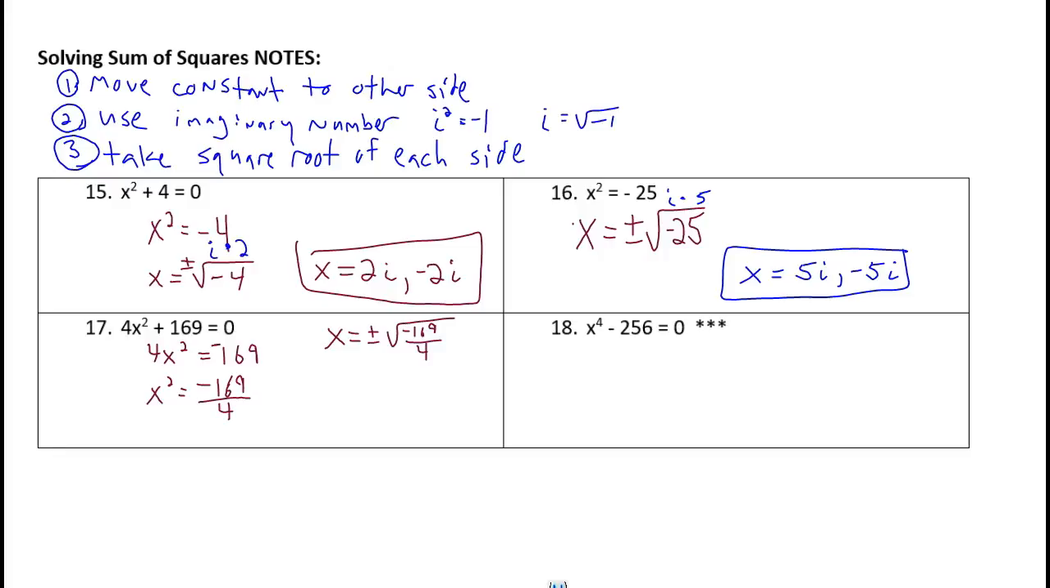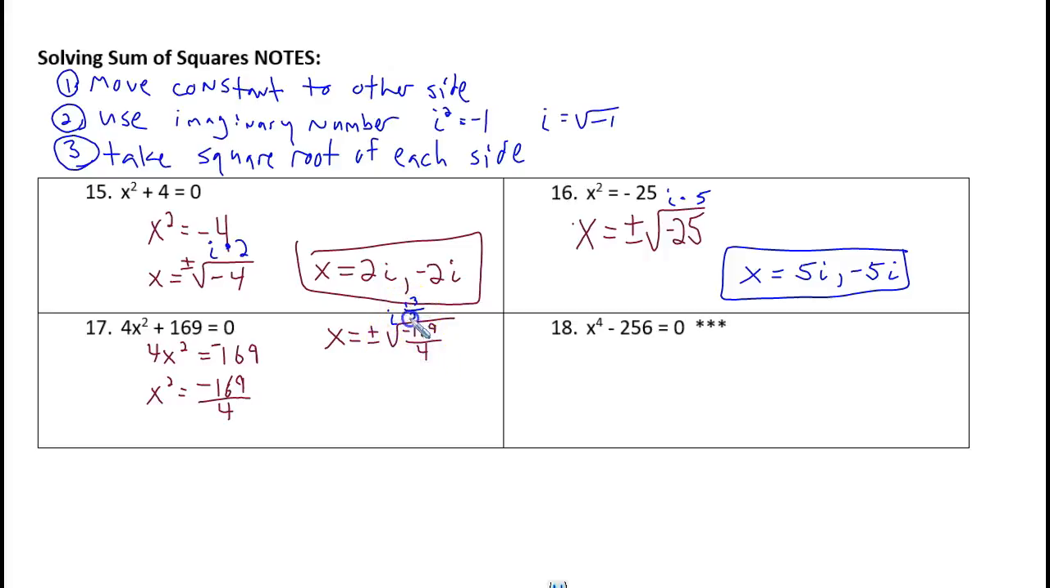Okay, well, while we're dealing with this, let's switch colors here. I realize that I'm going to have a positive or negative root. Inside, the negative is going to come out as an i. And then I've got the 169 on top and the 4 on the bottom. Well, what is the square root of 169? It's 13, right? So now I've got a 13 on top, and the 4 on the bottom,